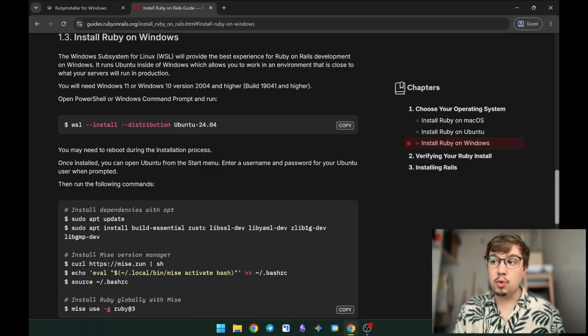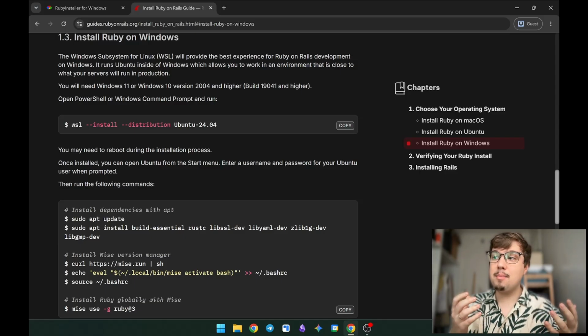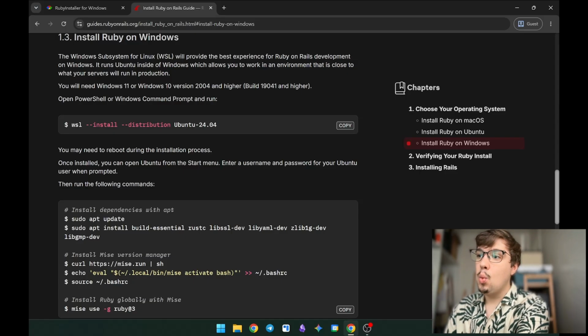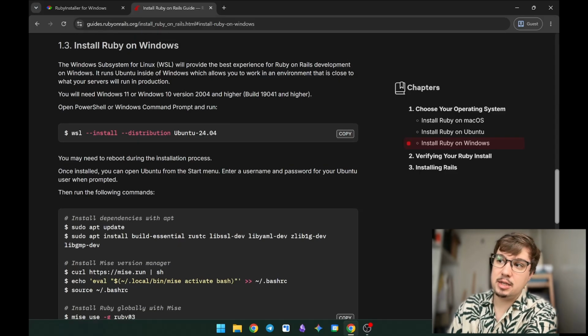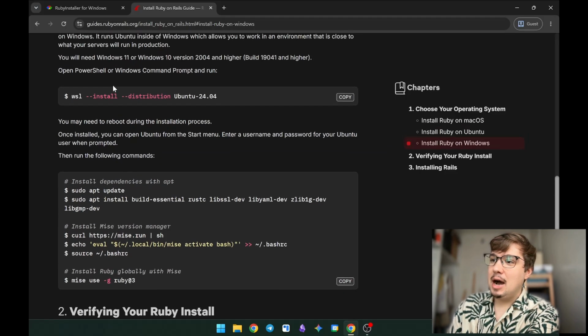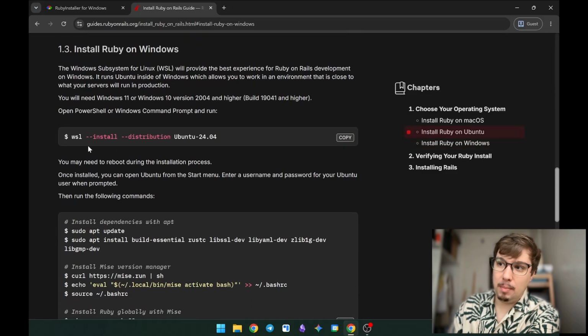Okay, it runs Ubuntu inside of Windows, which allows you to work in an environment that is close to what your server will run in production. Okay, we'll use this way, but I will modify the commands, just because here it's Ubuntu